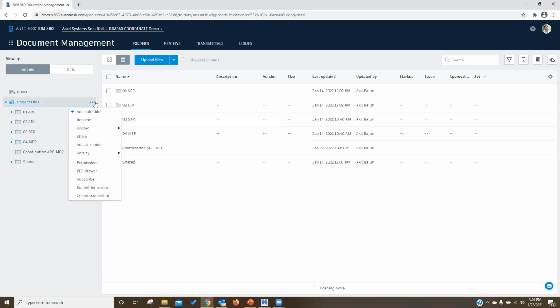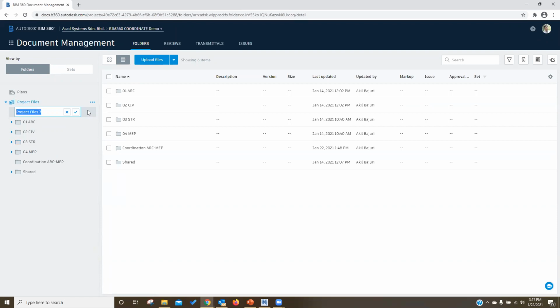So the way to do that, for instance, if you want to create the coordination between structure and MEP, I will be typing in coordination structure versus MEP. What you need to do next is to copy or transfer the structure model and MEP into this particular folder.